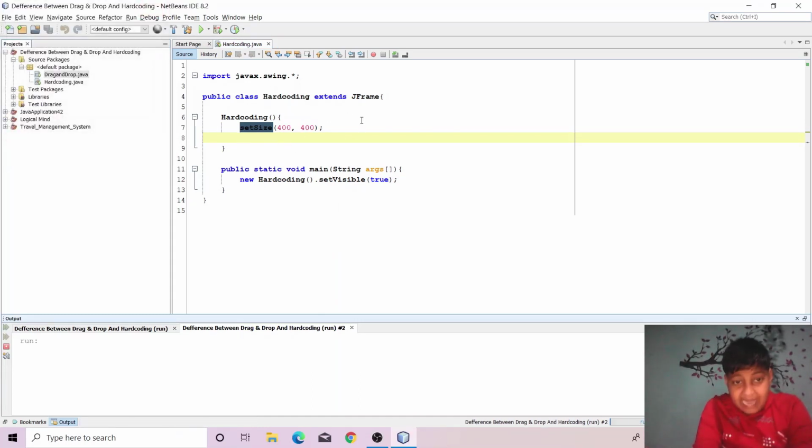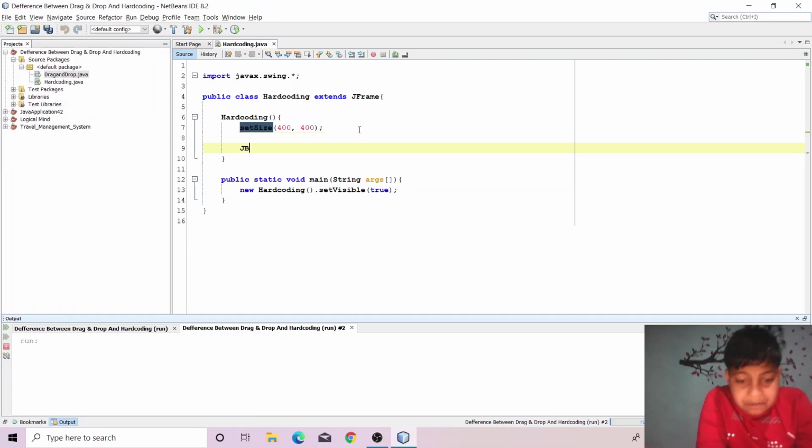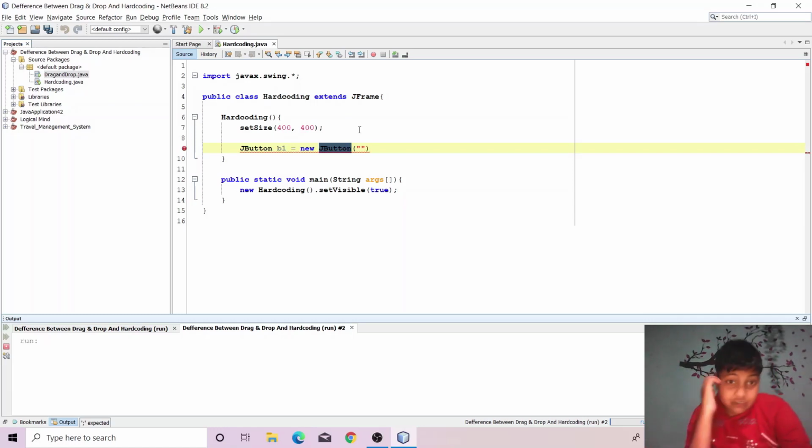Now to add a button, just write JButton b1, that is the variable name b1 equals new JButton. Inside this, within the inverted commas, you have to type the text that should come in the button, like click here.